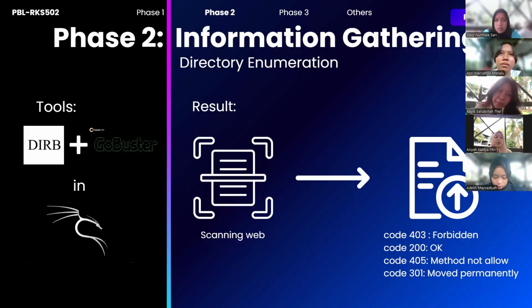The result of the scans performed by Dirb and Gobuster shows several files that have been searched using a wordlist, with several status codes for each file. Code 200 means the resource exists and is publicly accessible. Code 403 forbidden means the resource was accessed but the server denies public access. 405 means the file was found but the GET request method is not permitted. And 301 means the resource was accessed but has been permanently moved to a new location.